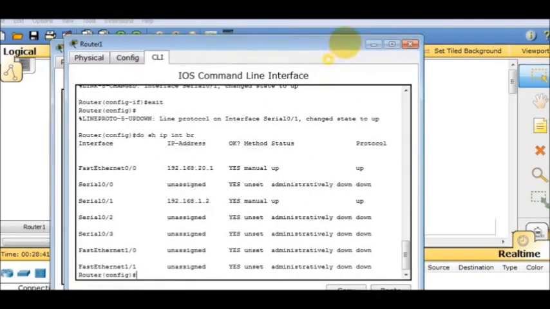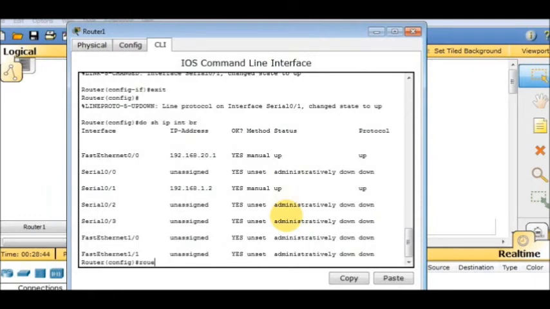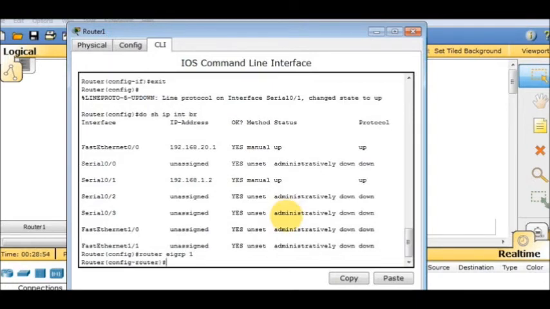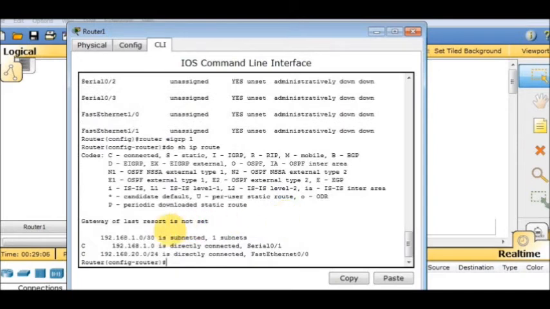So let's type router EIGRP 1, which means the autonomous system number is 1. Next is to show which IP address or network address is directly connected on this router. So do show IP route, and as we can see, we have two that are directly connected in this router. So we have to type or broadcast these following network addresses, which are